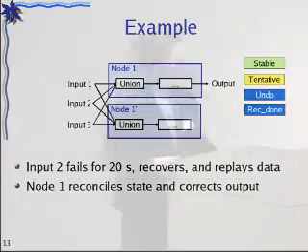Given this data model, before showing you the details of our protocol, let me show you a concrete example. I'm going to run two Borealis nodes, a node and its replica. Both nodes are going to process 3 input streams. My availability requirement will be to always produce results within a 3-second processing delay. But we are going to cause a 20-second failure on one of the input streams.